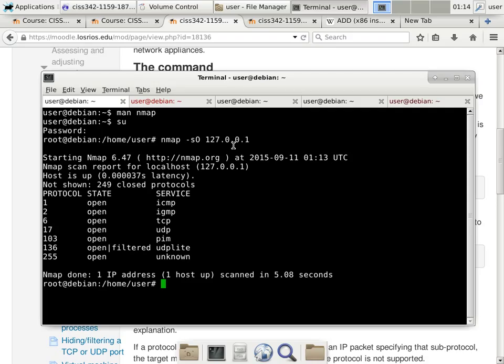So this is seen from the local perspective. Okay, I'm scanning from inside the machine. But if you change the IP address to an external address, you're scanning an external computer. Now, doing that in a corporation can get you into deep trouble. Okay, because whoever is running the networking infrastructure can put monitoring equipment or appliances everywhere, so they can identify a port scan.